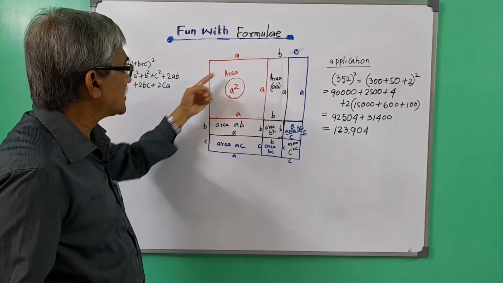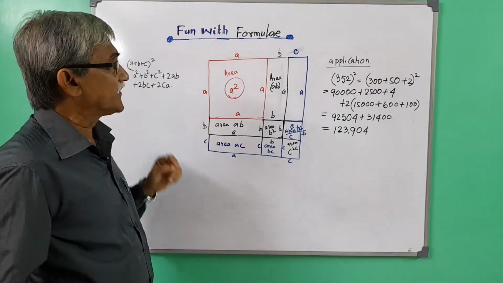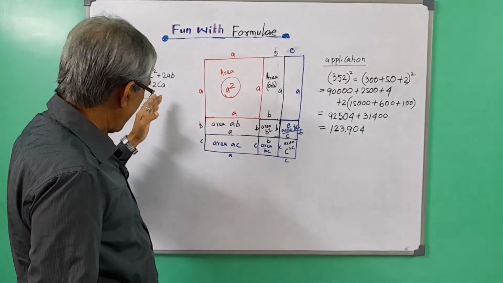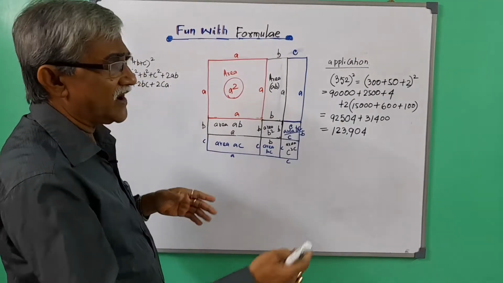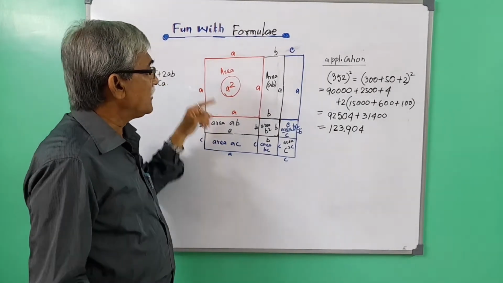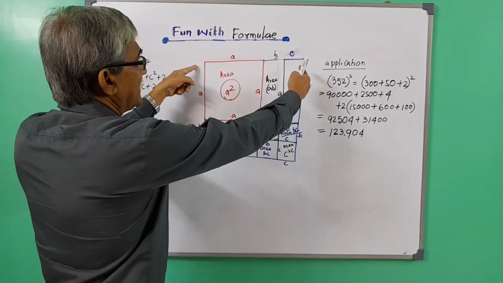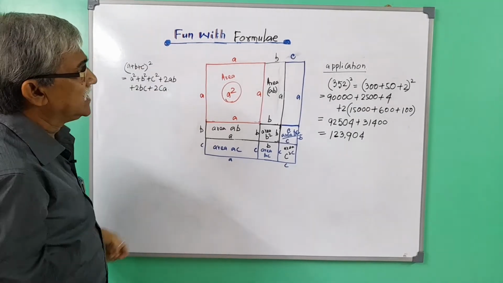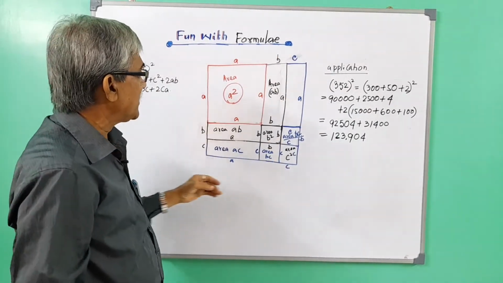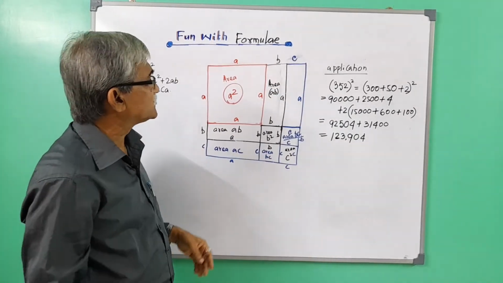Like the previous one, a square means the area of a square whose side is a, b square means the area of a square whose side is b, c square is the area of a square whose side is c, and ab is the area of a rectangle whose sides are a and b, and this way. Now if I draw the figure, here it is a, here it is b, and here it is c. So similarly this length is a plus b plus c, and likewise this length is a plus b plus c. And the area of a plus b plus c whole square is the area of this bigger square, which is this.